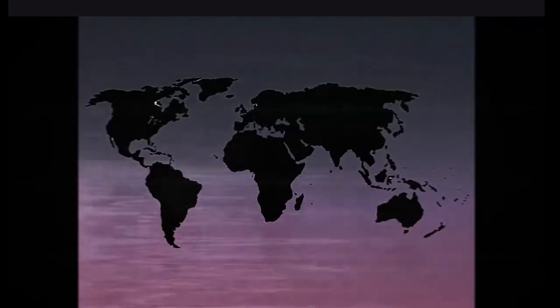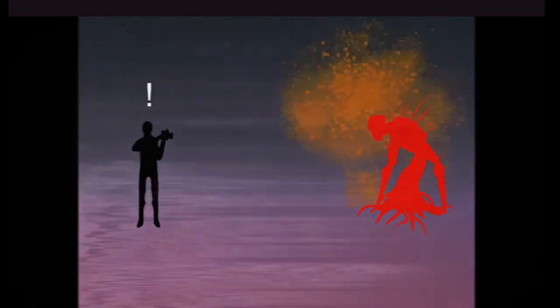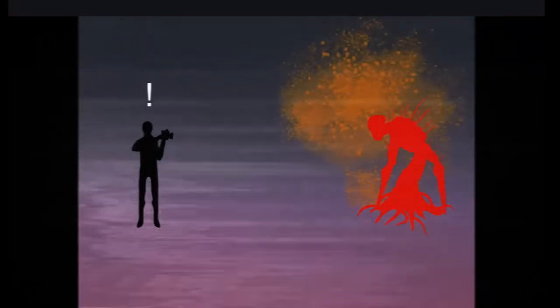Luckily, the Host is rare, only found in North America. Obtaining info about the Host is a very risky and daunting task. This is because of their rarity and of how dangerous it is to be up close to one. The spores released by a Host are very dangerous when inhaled.